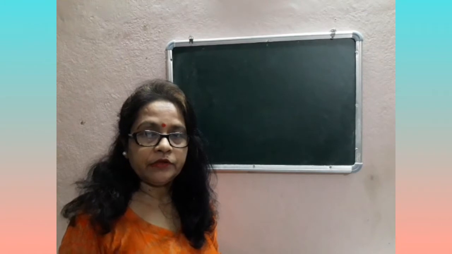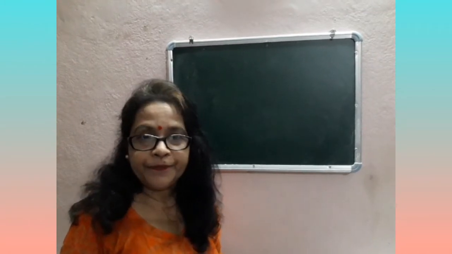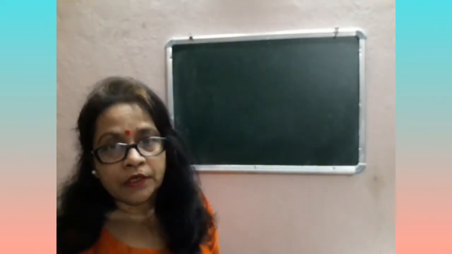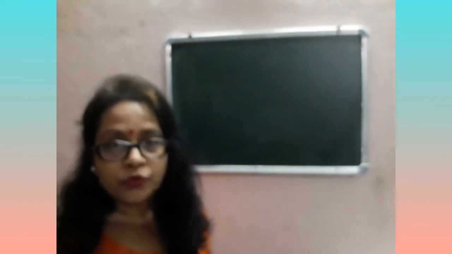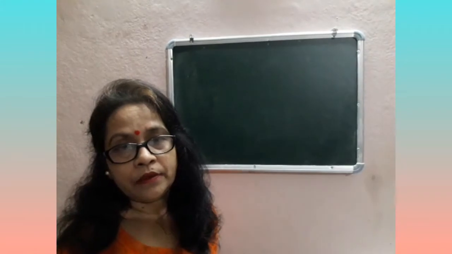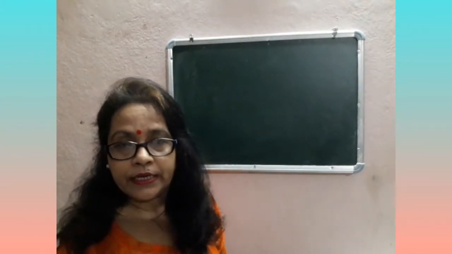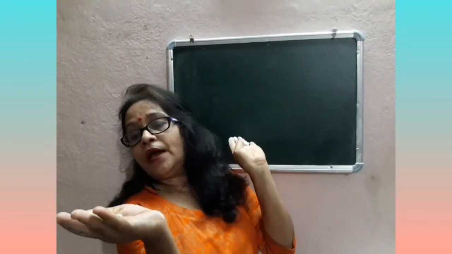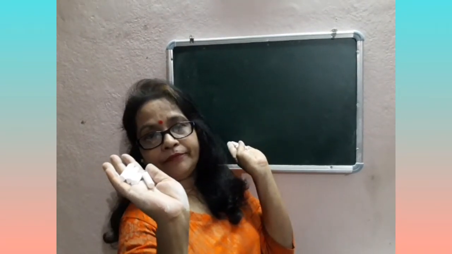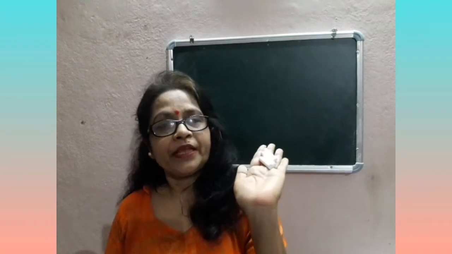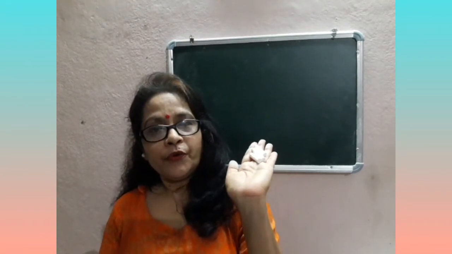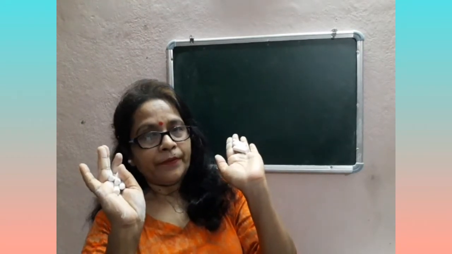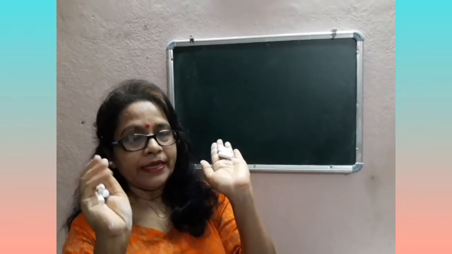In this video, I am going to explain the ratio. Comparing two quantities by division is called ratio. How many chalks in my right hand side? In my right hand, I have 4 chalks and in my left hand 3 chalks. When we compare these chalks by division, this is called ratio.